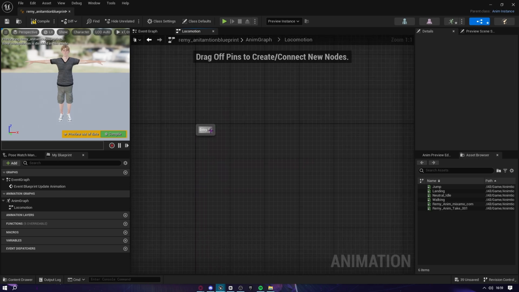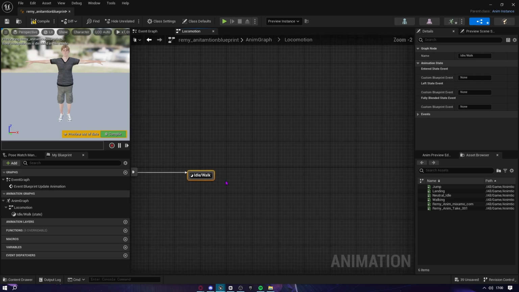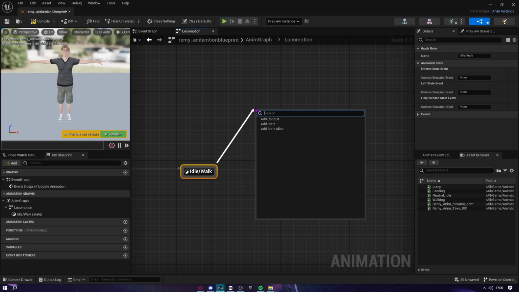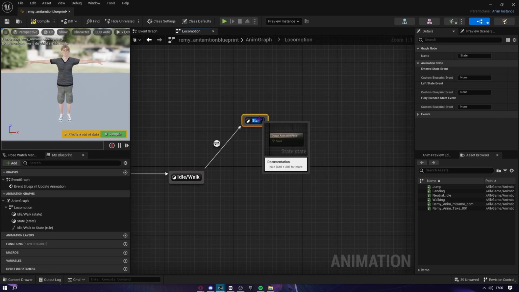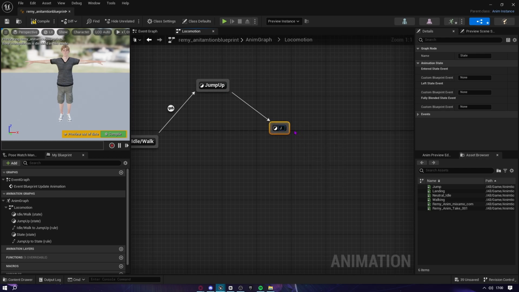From here, from the entry, we're gonna drag out and create a state. A state is basically an animation is being played. So we're gonna write in here idle, walk, and yeah, I think that's it. From the idle walk, drag out and get another state and call this here jump up. Then drag out another state and call this jump idle, and then drag another one